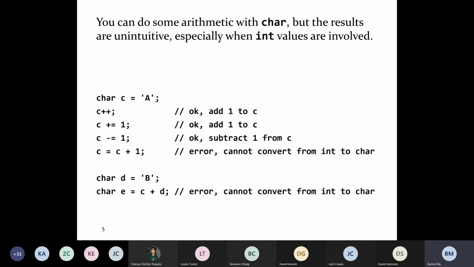Gurpreet says: C plus equals 1 or C equals C plus 1, aren't they the same thing? They are not. So it turns out they're not the same thing. Let me explain what's going on here. The way the Java standard works is that if this is a char or a short or a byte, and you write C plus equals 1,